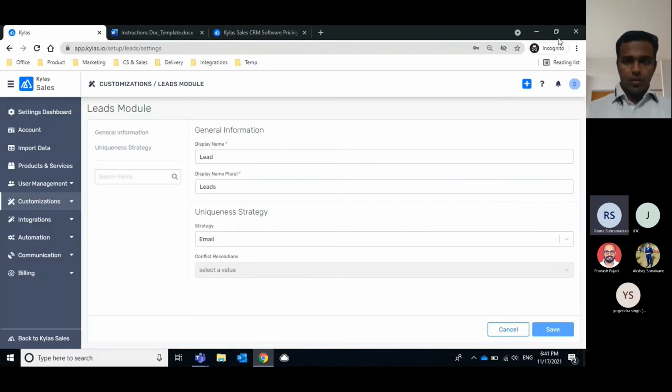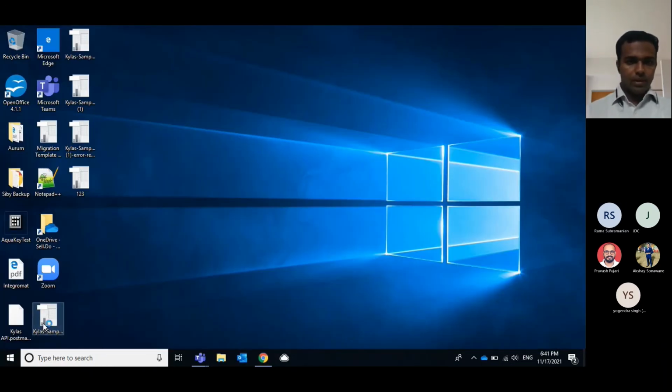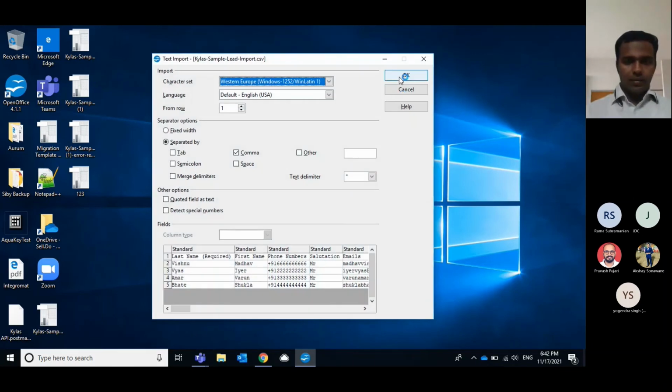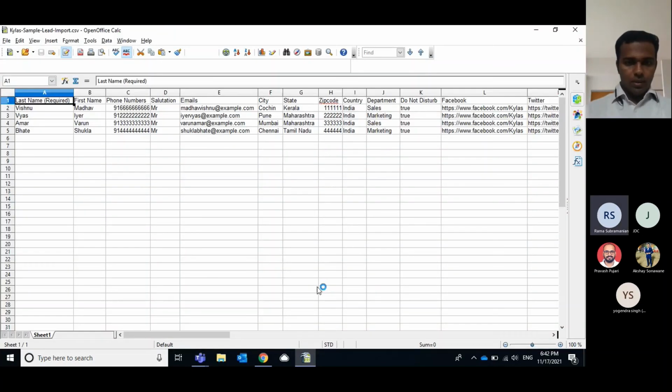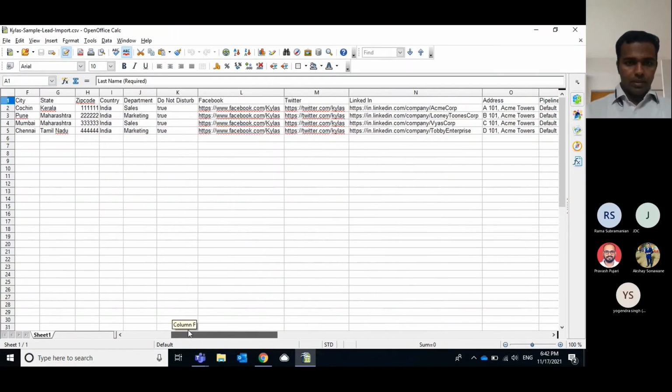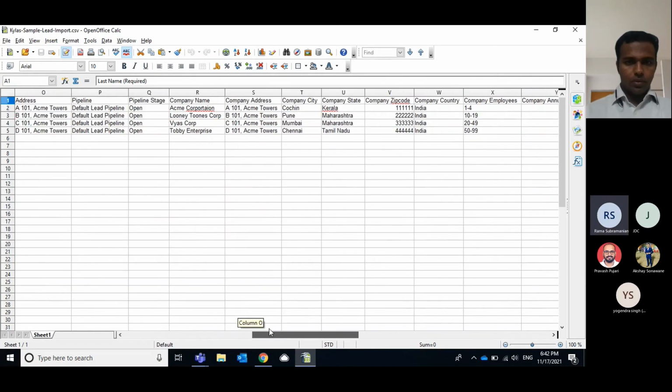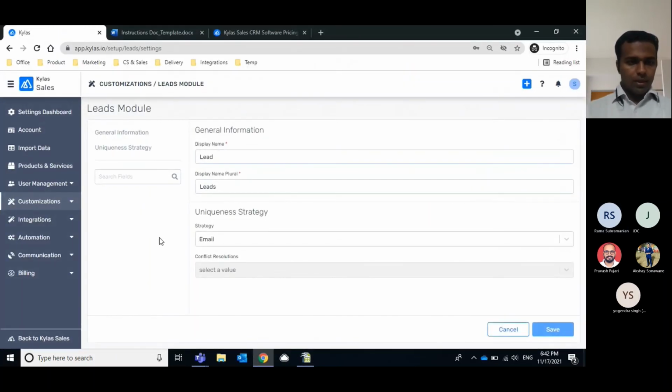Yeah. So I will just open the file. This is my Excel file. Right now, for example, take a pick list value. I will select it with the pipeline and pipeline stage. When I'm preparing my Excel file, if I have a field called pipeline, it should match the same value which is in the system.